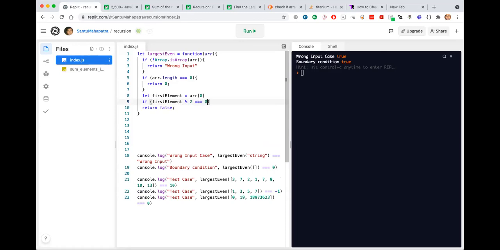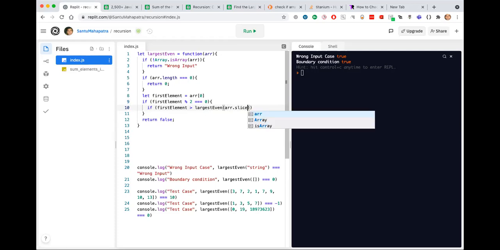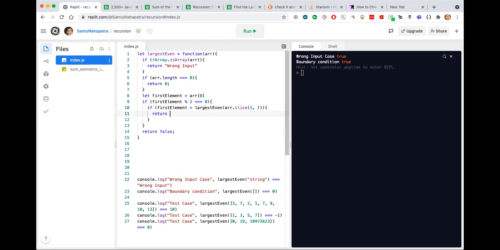The first element is even, then if first element is greater than the largest element of the rest of the array, 1 comma end, then return first element. We can make this greater than or equal to.